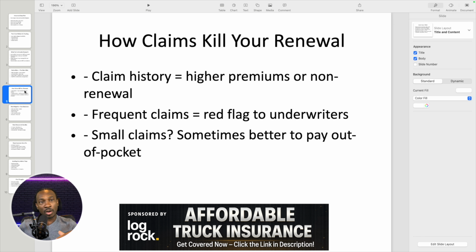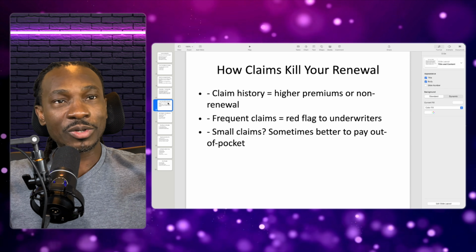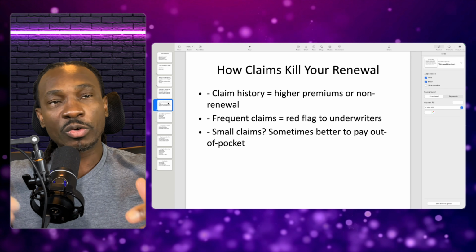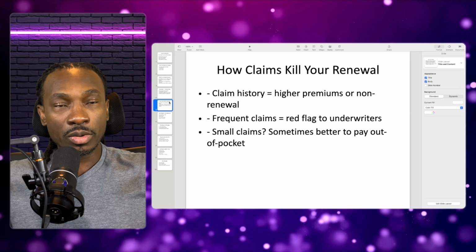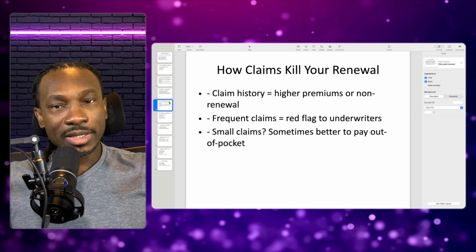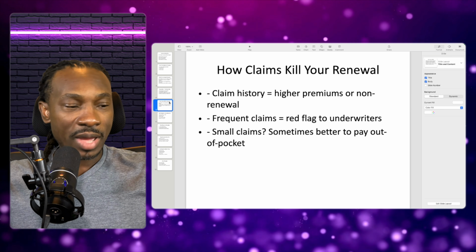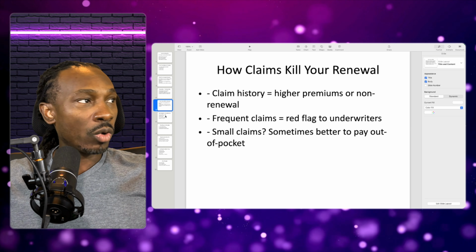Like I said, in a niche like final mile there's more opportunity for claims because you're dealing with the goods, and you're also entering into a person's home. There's more opportunity for claims, and if you accrue so many claims throughout the year, it's inevitable your premium's going to go up, and more times than not, they're just going to drop you, right? So you have to be mindful of that when you're out here working in the field when it comes to insurance.